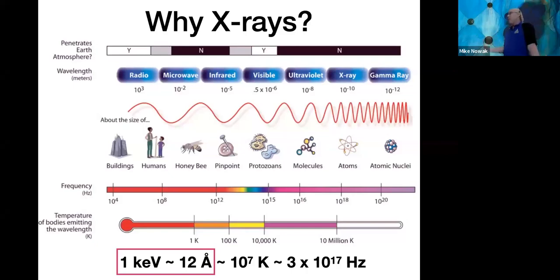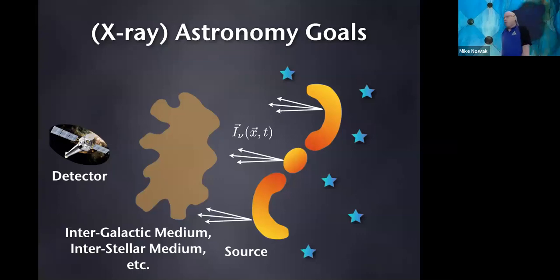That means we can look at very energetic phenomena in the universe, things that are highly energetic happening in a very small localized area, which leads to very high temperatures. Now, what we do in astronomy is rather straightforward. We basically count photons and bin up photons. All of observational astronomy really is an exercise in counting photons and binning up photons, and we describe this in terms of what's called the intensity.